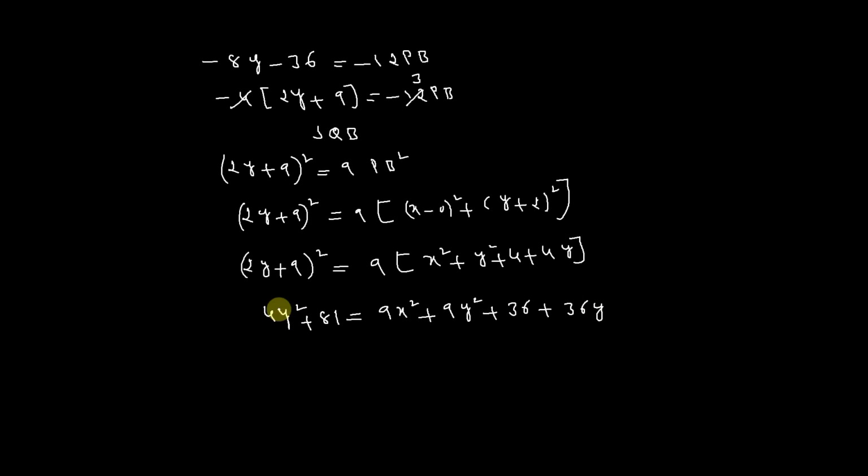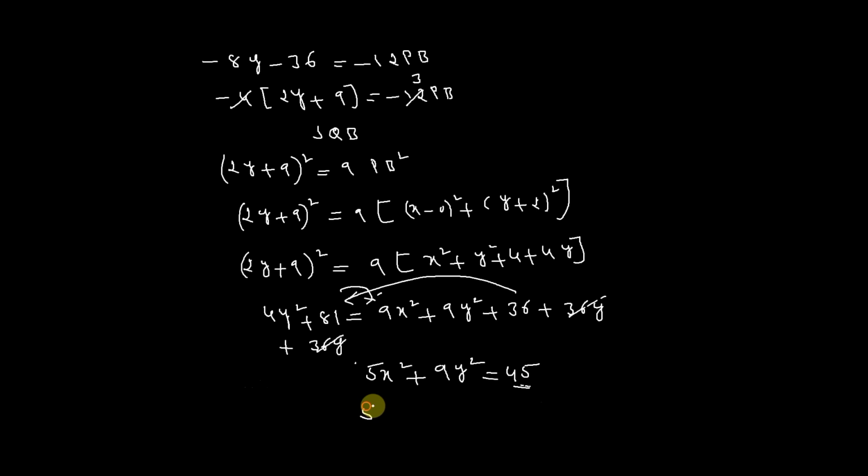Again, one more term here: I will get a square plus b square, this is plus 2ab term, that is 36y comes here. This 36y and this 36y get cancelled, and bring all these terms to this side. So here I will get 5x square plus 9y square, and take this constant to this side. Now that is 81 minus 36, that is I will get 45, and dividing both sides with this 45 here.